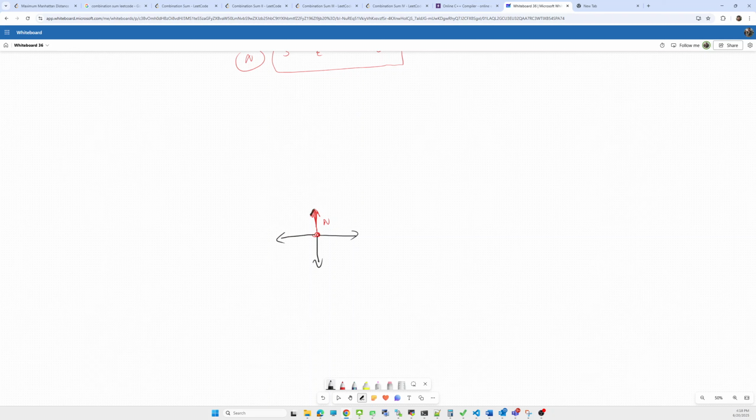So we'll calculate the maximum Manhattan distance from all four possible choices. For this one the k value will be k, and for the others the k value will be k minus 1, because we made a change. In this way we'll call recursively and update the Manhattan distance.